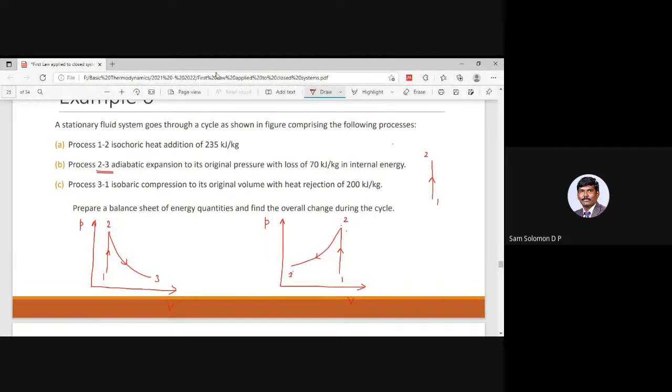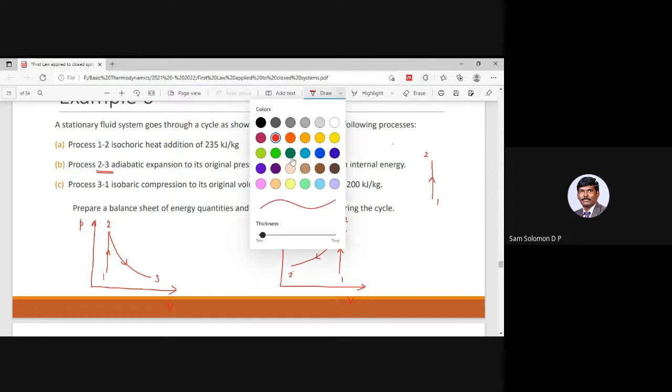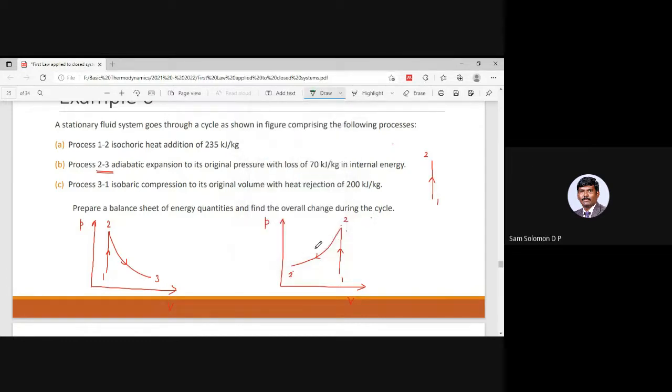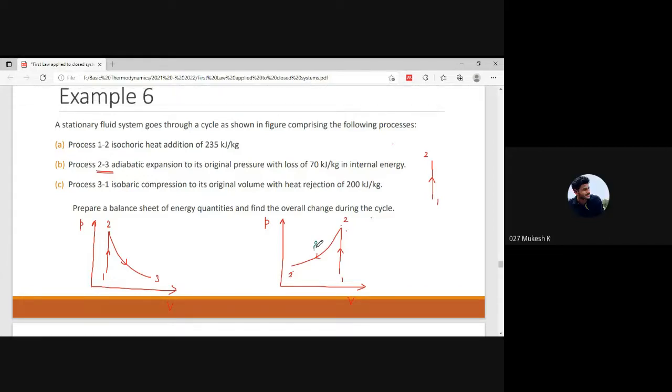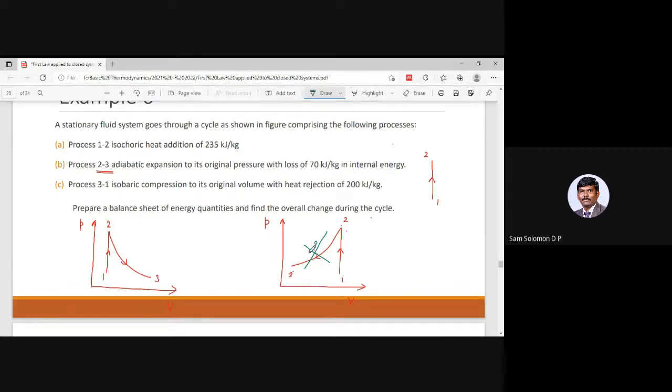And you can very well say, is such a kind of process possible? No, sir. Such a kind of process is not at all possible. So this is not going to happen. I'll check, okay, we have drawn correctly over here. This kind of process is not going to happen in nature. So that is why this diagram is wrong. So 2 to 3 should be like this.